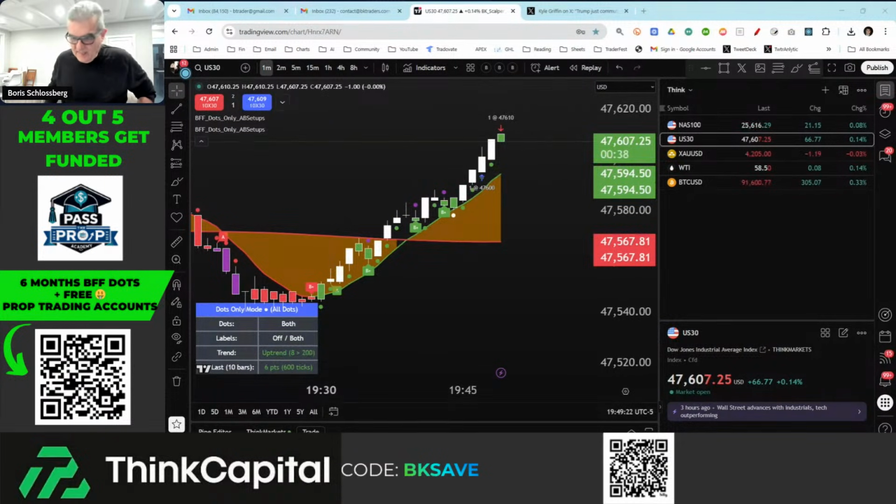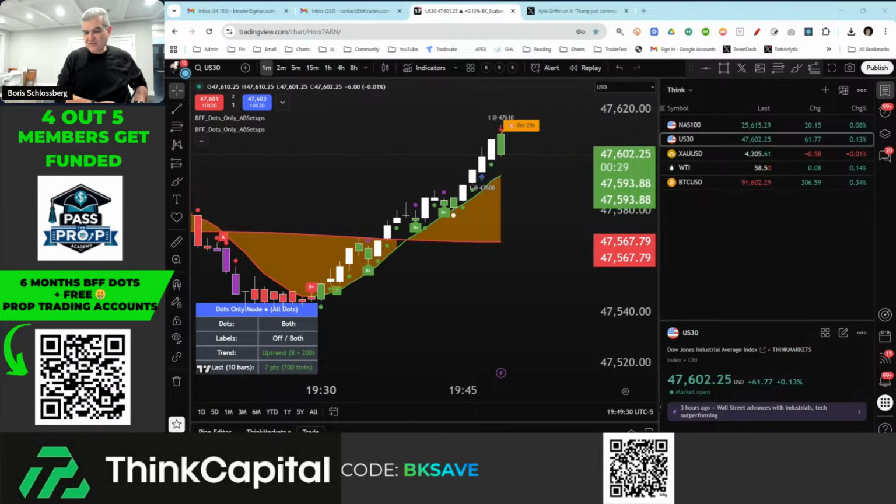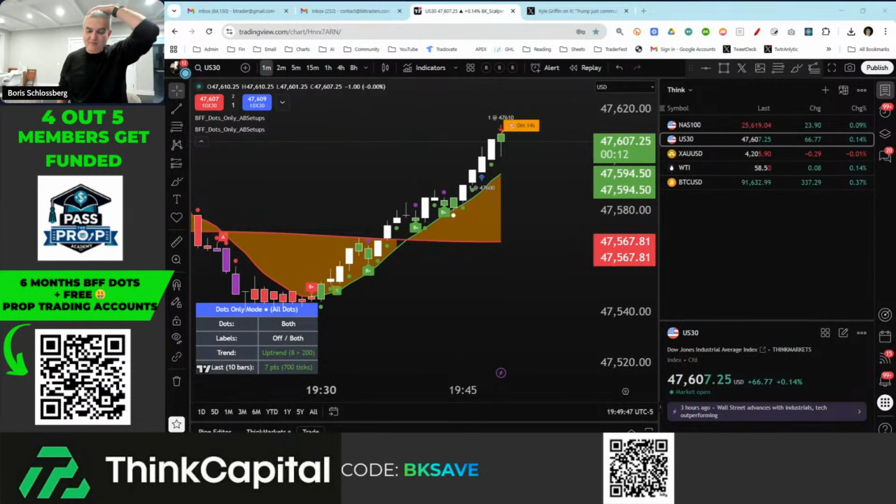Anyways, I think we're going to trade gold, US 30, NAS. What I really like about Think, as far as the platform, first of all, obviously, look how cleanly it looks on TradingView. Secondly, they're really easy to understand. It's one tick per point, right? It's not like, for example, 8cap, where I think it's like 100 ticks per point, so you have to multiply everything out by 100 to get the ratio. Here, it's one tick per point, and it's also one tick per spread. It's just super clean.